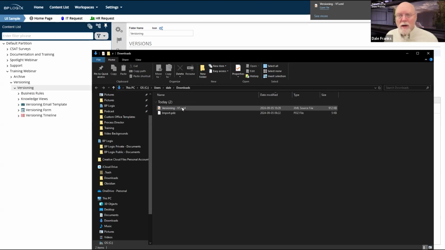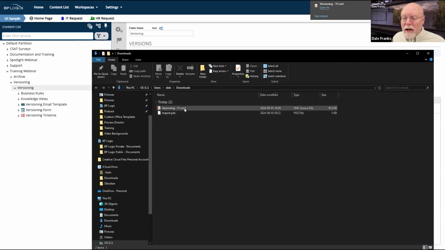And what you're doing whenever you do an export, and indeed, whenever you're saving a version, is you're taking all of this information from the Process Director database, organizing it into an XML file, and essentially saving that XML file, because that XML file defines in detail the data structure of that form or process timeline or whatever object it may be, or in this case, the entire folder. As you can see, 912 kilobytes. That's a big text file because it contains all of the objects in the folder as an XML file.